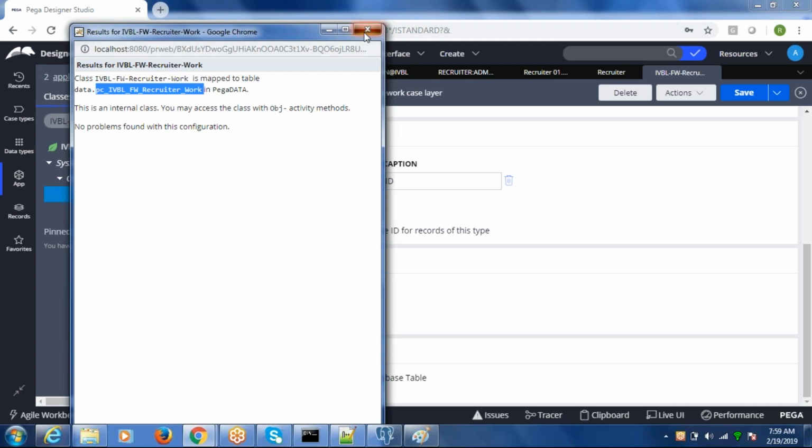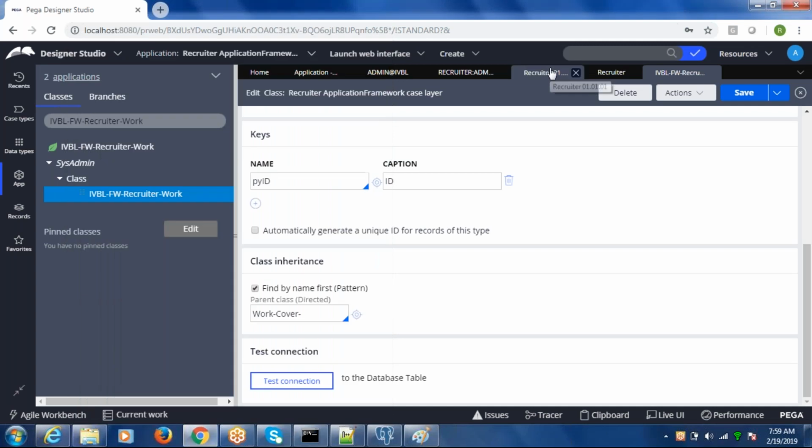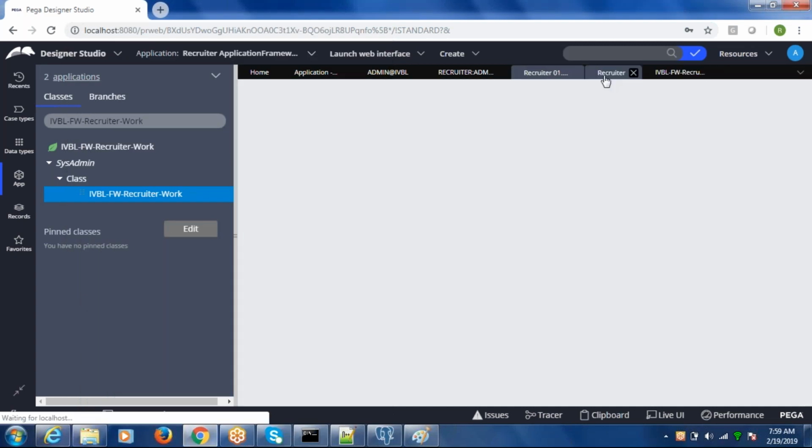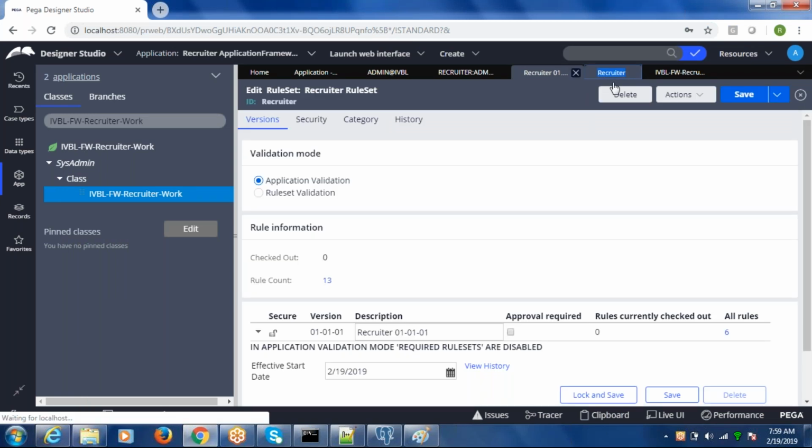So now come to the rule set once. In this rule set, you can see the versions which are unlocked. This says that this version is unlocked and open for doing the development. Any new rules that we create, we can dump into this container which is unlocked. You can add multiple versions based on our development.